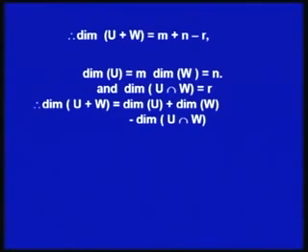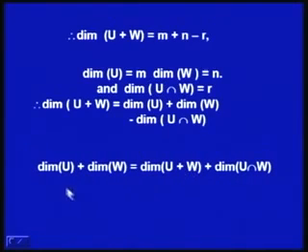Further, dimension of U intersection W is equal to r. So if we substitute these things in this result, then we will have dimension of U plus W is equal to dimension of U plus dimension of W minus dimension of U intersection W, and this proves the result